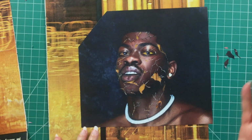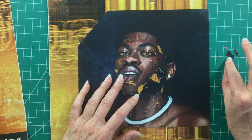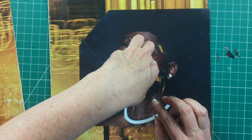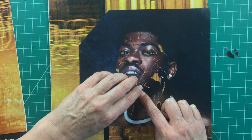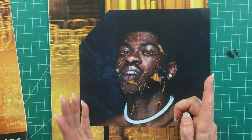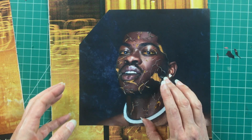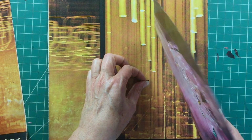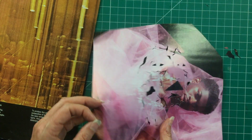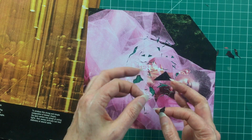I'm also wondering how do I want to glue these tiny pieces back on or use clear tape and go for it. I think tape is cleaner. And I have to do it on the back. The only thing with tape is there is a level of matte that goes on, and matte's not a bad thing. Okay, let's see. So I got this right here, and this little itty bitty,